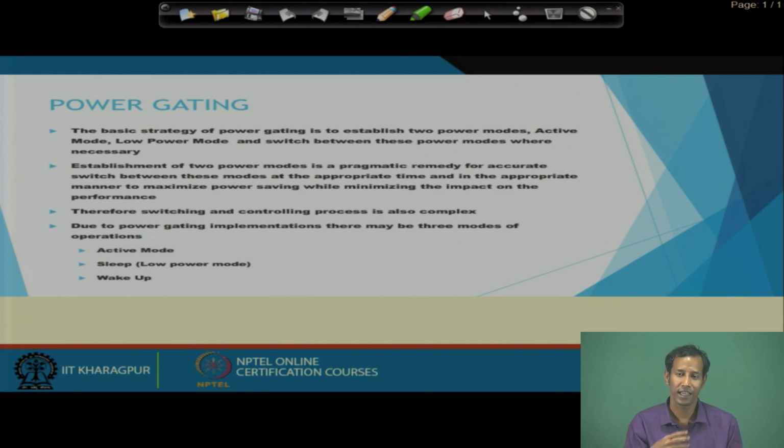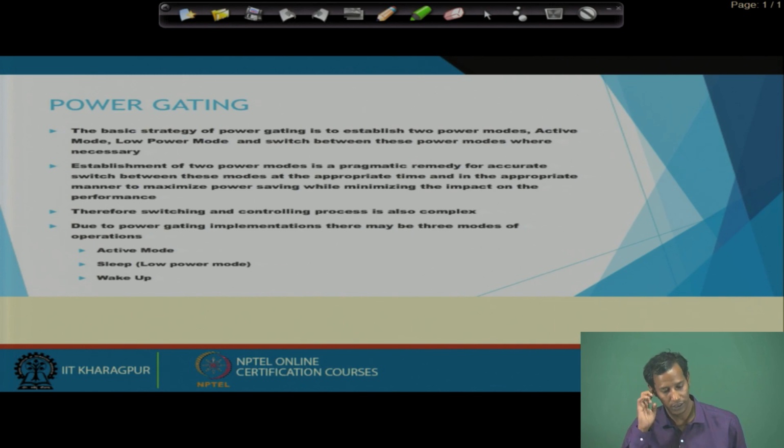So, that is why we create three modes: active mode, wake up mode, or sleep mode. Sleep mode means it is in the low power mode. It is like when we sleep, our body is still working but in a dormant state. It is the dormant state which we provide at the circuit level itself. Whenever it is not in use, minimal voltage will be applied to each of these devices, that is, the corresponding circuits or gates.